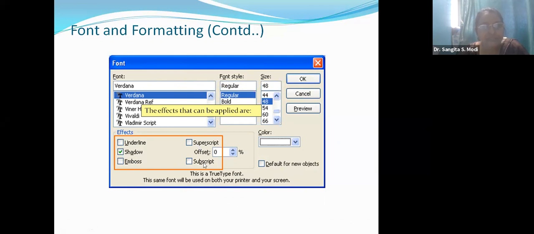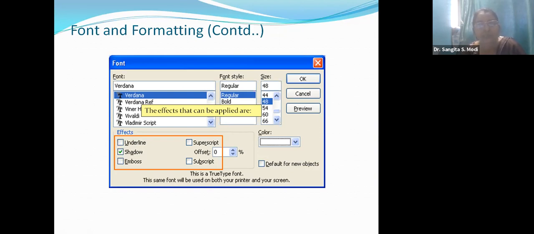These are the menu bar options. All of you know superscript, subscript and underline, but here you also have to know shadow and emboss. Use these for formatting purposes. Subscript is used if you want to write some text below the line, like log base 10. You have to write 10 as the base of this log. At that time we can use subscript.